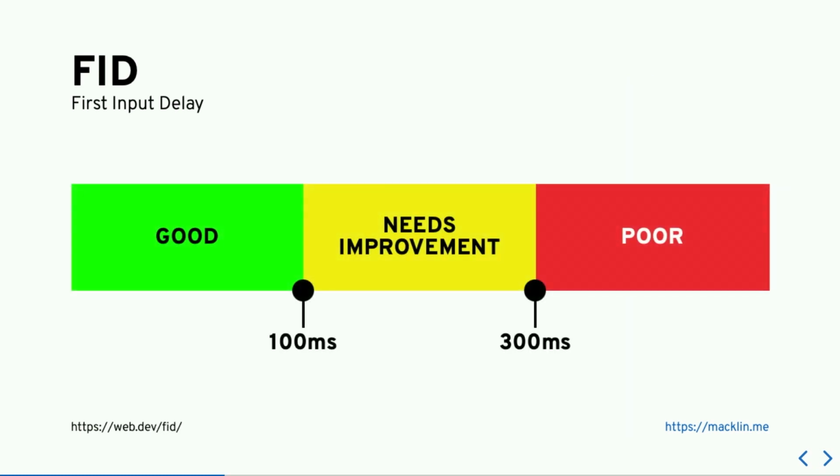First input delay, you generally want that metric to be much, much lower. So anything under 100 milliseconds is good. That's generally, I guess, the uncanny valley of when you get that instantaneous response. It's usually something under 100 milliseconds, not actually instantaneous, but under 100 milliseconds is not noticeable at all. Anything over 300 milliseconds, and then your users will start to notice that, so that's not a good experience. And that's room for improvement there.